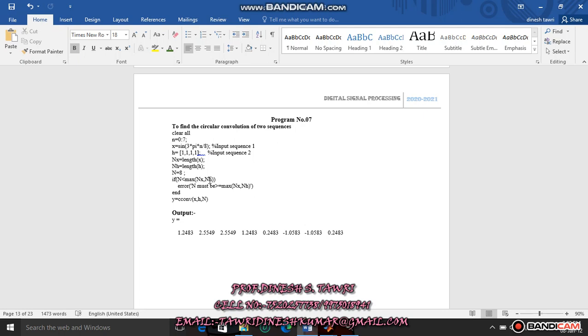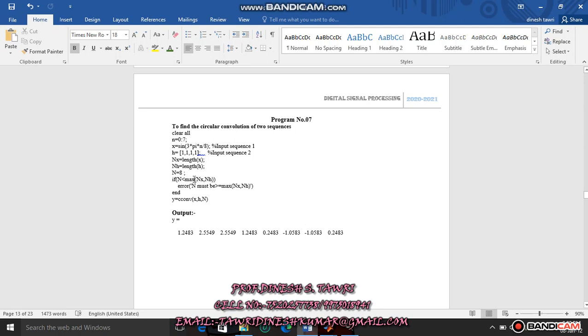Theoretically, to find the resultant convolution you have to use the condition max in circular bracket nx comma nh. This max indicates the length of the resultant samples.